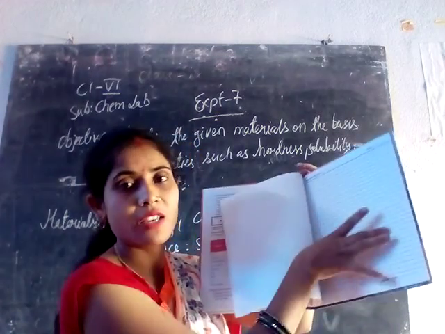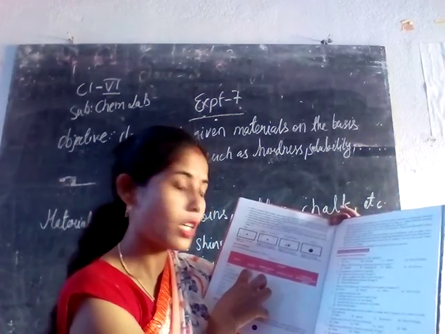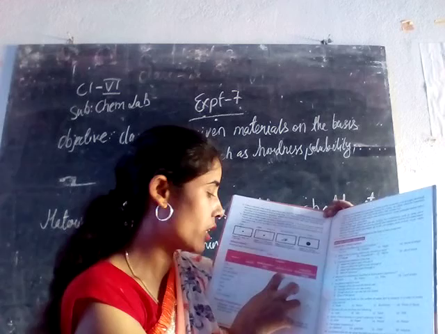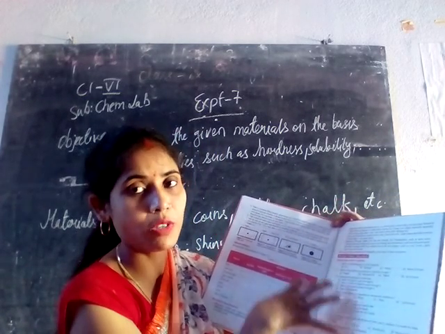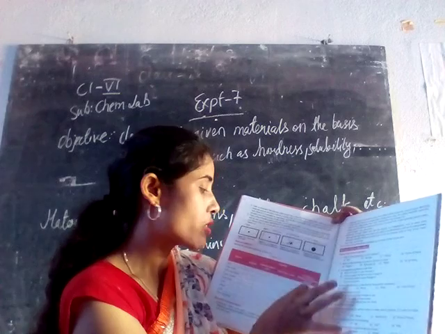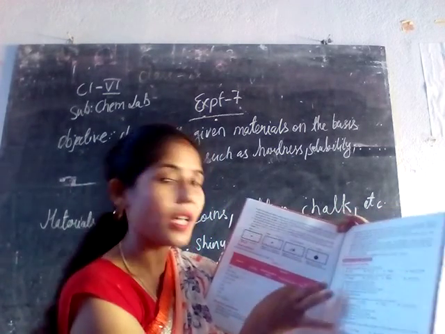In the space where it is given, you will draw the table, and then you will write down whether it is soft in nature, soluble or insoluble in water, whether it floats in the water or not, and whether it is transparent or not. If it's transparent, write transparent. If it's translucent, write translucent. Opaque, then write opaque.